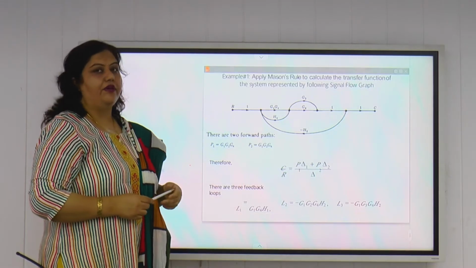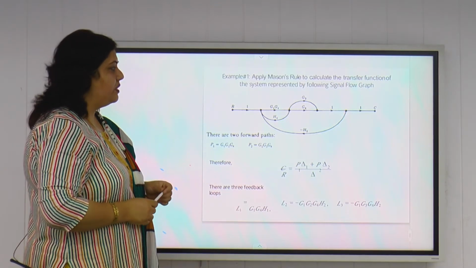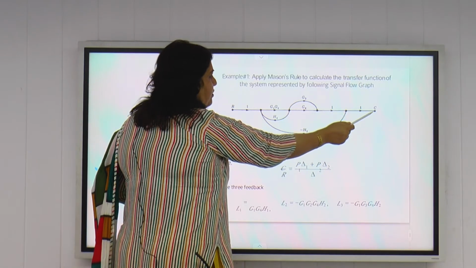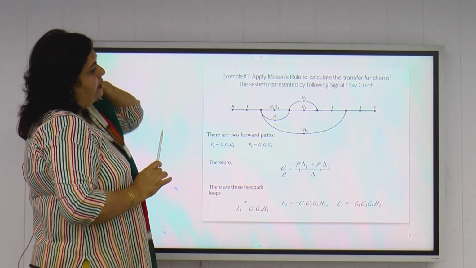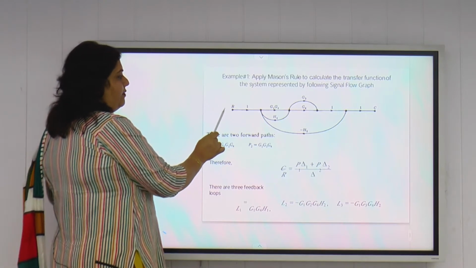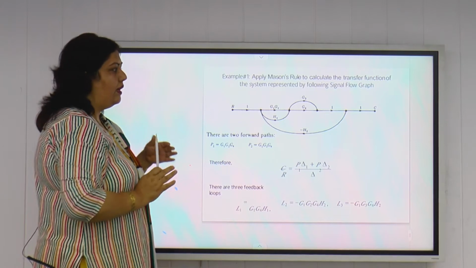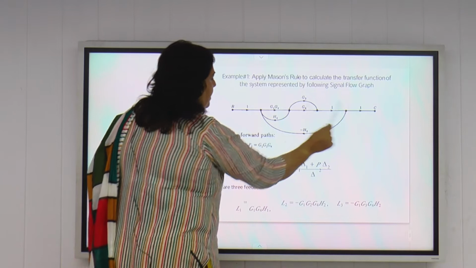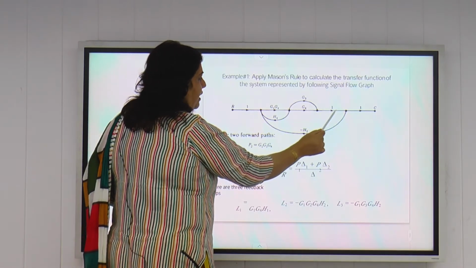So this is the signal flow graph on which we have to apply Mason's gain formula to find its transfer function. We can see R is the input of this signal flow graph and C is the output. So we have to find C(s)/R(s) using Mason's gain formula. First we identify the number of forward paths in this SFG. For forward paths, we start from R and reach C, and no node should be encountered more than once along the directions we move. So the first forward path is this, we can see. The transfer function is 1 into G1, G4 into G2 into 1 into 1.